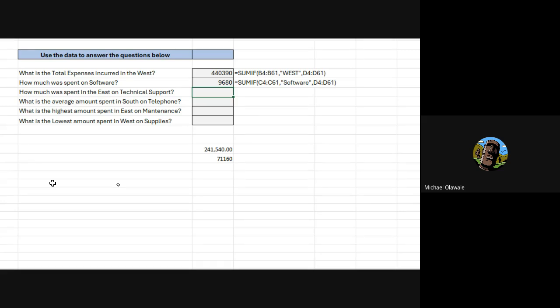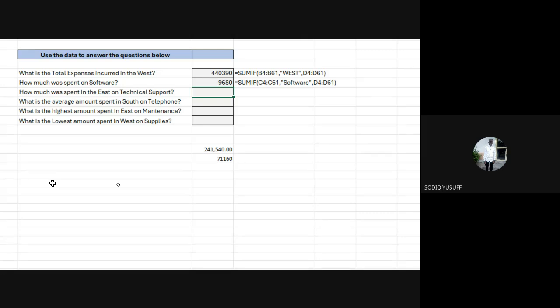Because the East is in the division, the technical support is in the category, and they are asking for how much was spent on it. So you got it, but you missed that it is 2 conditions. The conditions are East and technical support. What you were mentioning earlier is just the column itself. The condition means you have to go to the division and look for East, and go to the category and look for technical support.